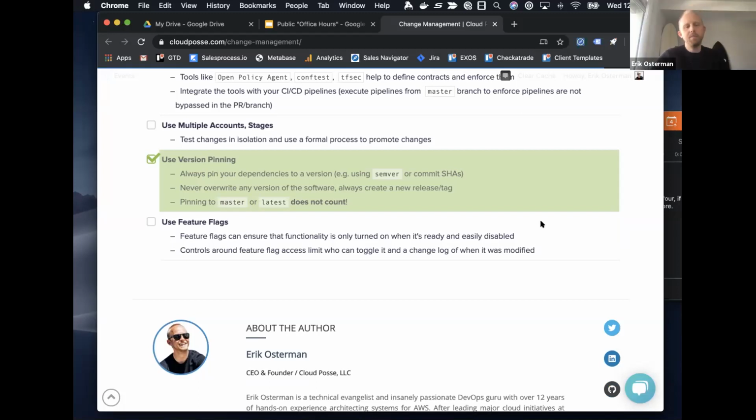Thanks. Yeah, thanks for chiming in. And it's more of a security nitpick than it is a change management nitpick. Yeah, absolutely. You can still push to the SHA. But I think it's hard to have one without considering the other.